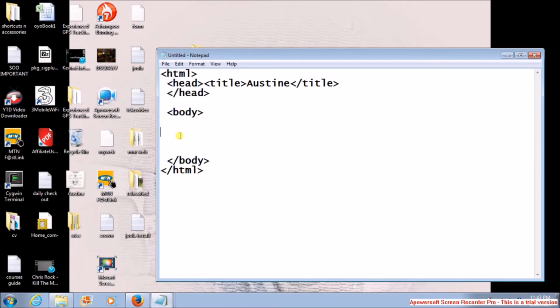So inside this body, this is where I'm going to have the content of my website, and I'm going to have this is my first website. Okay, that's all about it. So I'm gonna just save this